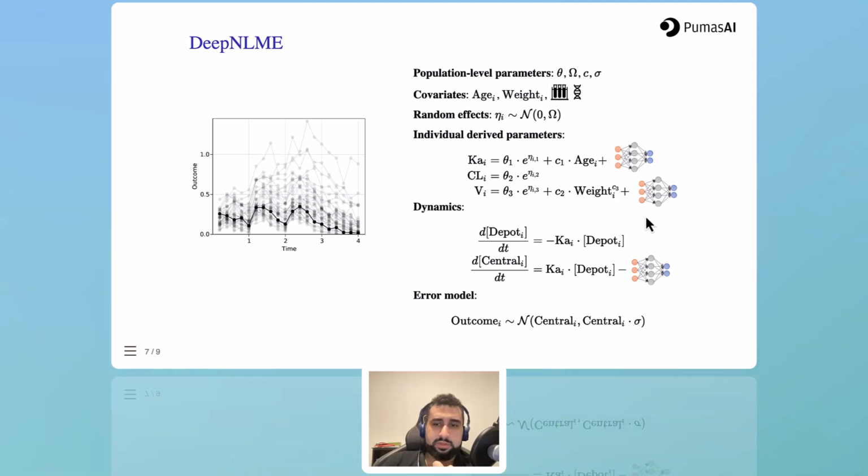You could input dynamical variables, and you can then use it to learn the dynamics. You can even use it to learn, for example, the relationship between the PK and the PD. So you can input the PK and then expect it to output the rate of change of the PD, or the pharmacodynamics variable. And so you can use it in any place that you would use a normal function, essentially, in your model. And that's really the power of DeepPumas, it makes it so easy to start